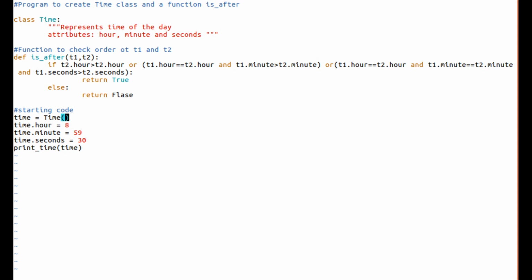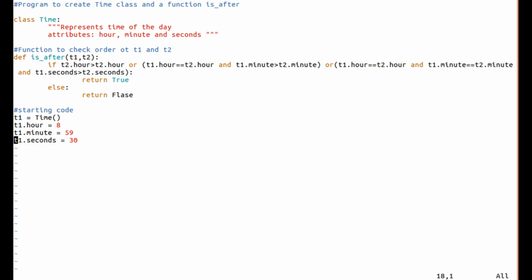Here one time object has been created. I'll first make this T1, this is T1, this is T1, right?